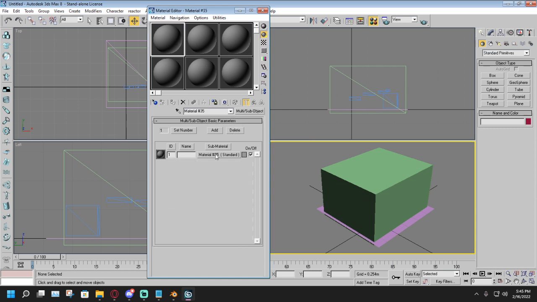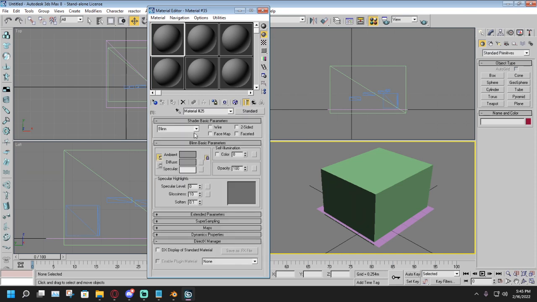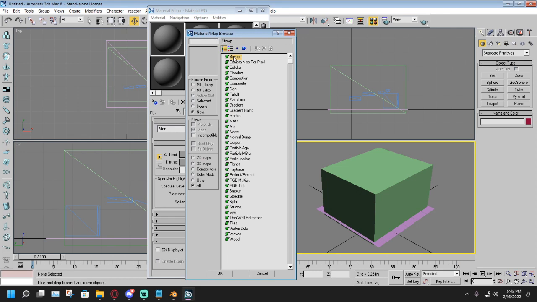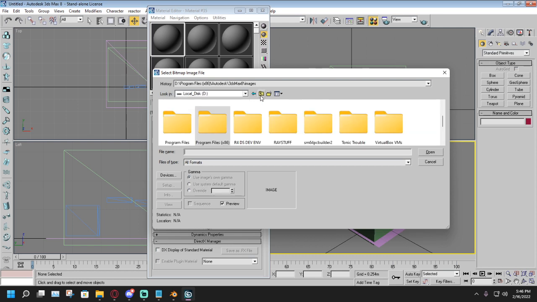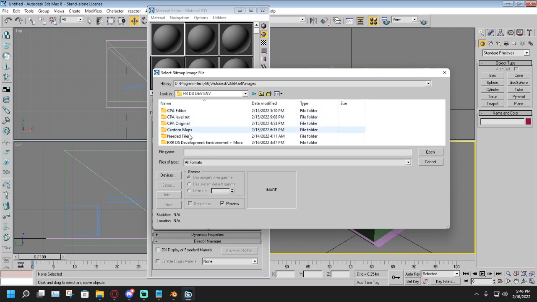Like that, like so. We're going to be going to material 25. We're going to be renaming these, by the way. We're going to go to diffuse here and click on this little gray box. Bitmap right here in the new open window, and now we're going to search for our converted textures, our TJ textures, which are here, editor, game DN64,